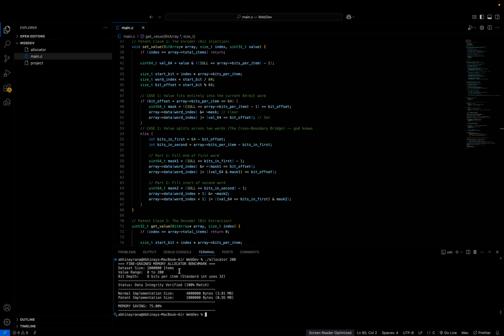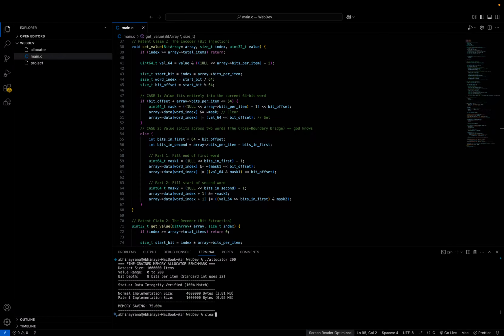So as you can see, there are 1 million items, and the range is from 0 to 200. When we use the standard one, the storage being used is 3.8, to be exact, it's 4 megabytes. But the one I have done is using 1 megabyte only,